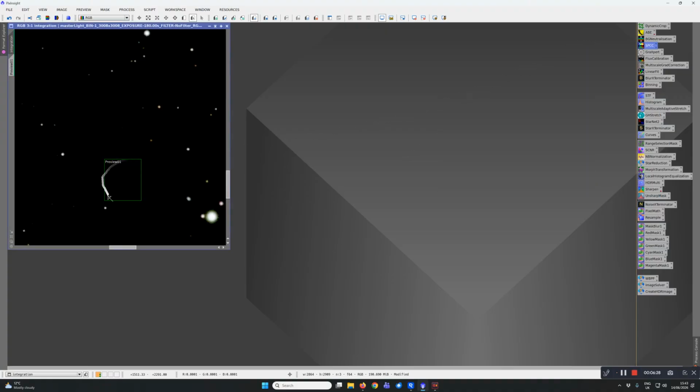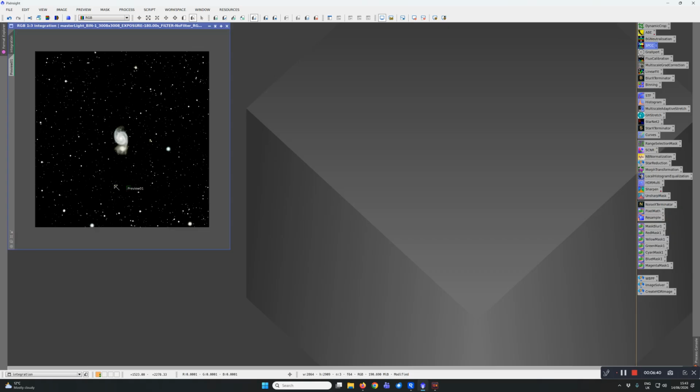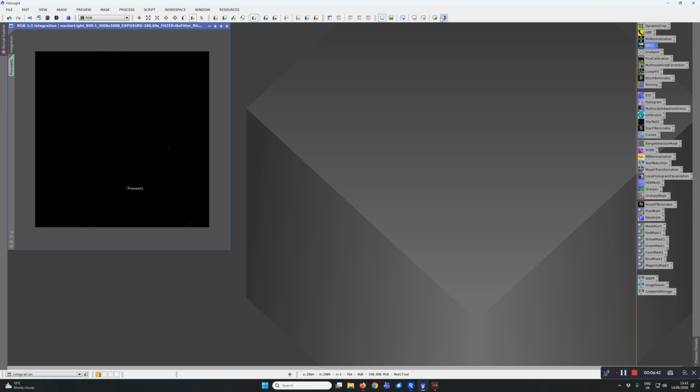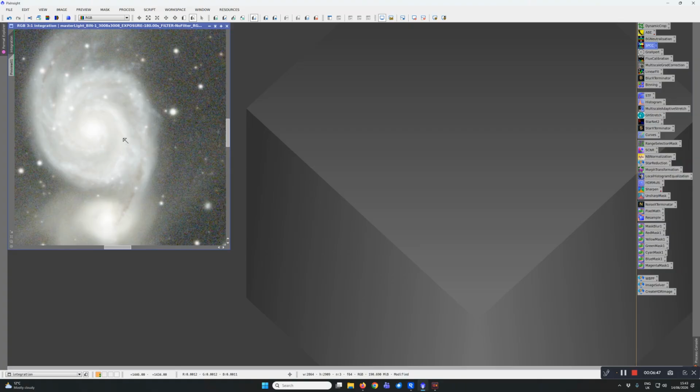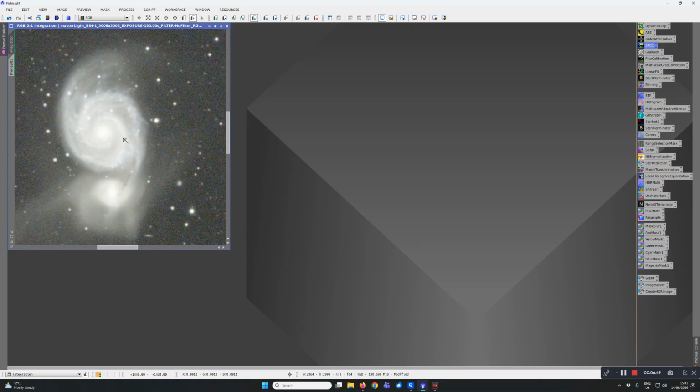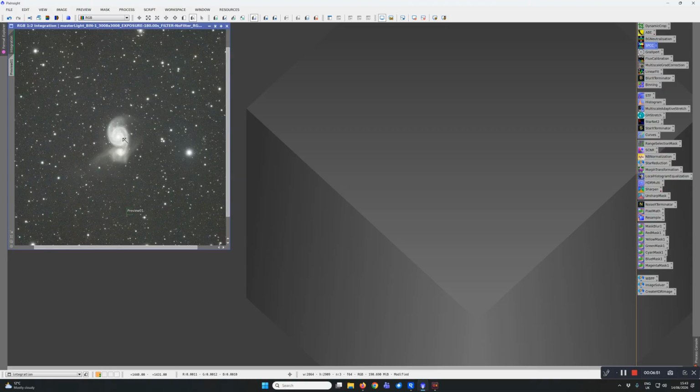I'm going to leave this preview window in here because I'm going to need that for the multi-scale adaptive stretch later, so I'm just leaving that in there. But there, that's what we're looking at, and then when we zoom in, we can see we've got that there. So the next thing I'm going to do is